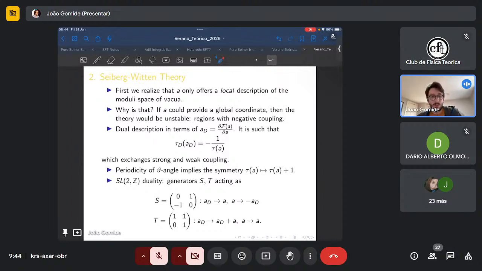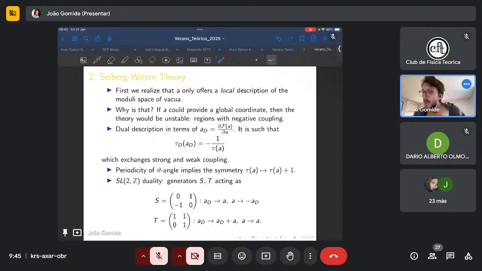So if you look closely at how the action is written, you can associate the coupling of the theory to the expression for F for this prepotential. Even though you don't know it yet, you can characterize the coupling for the theory in terms of the prepotential, in terms of how it is a function of these variables a,